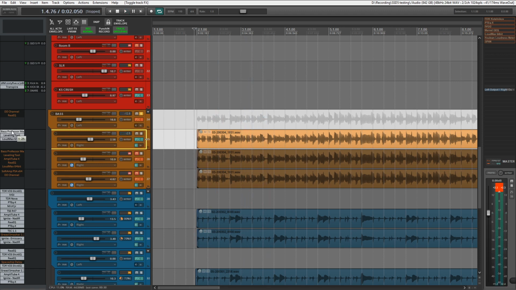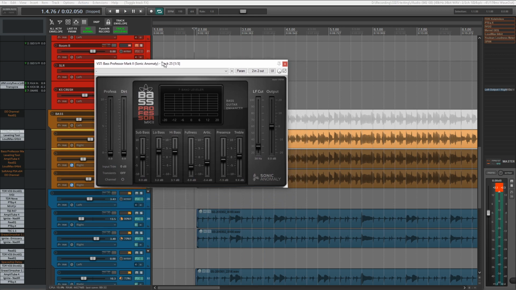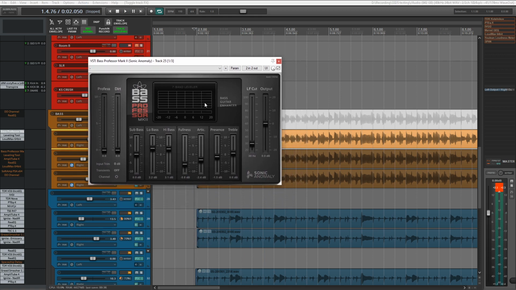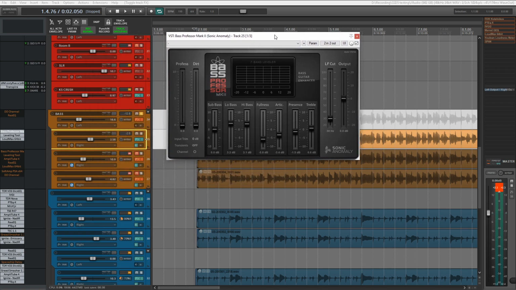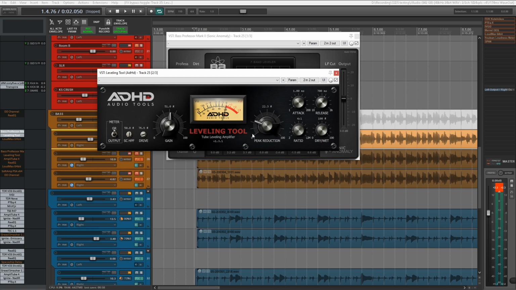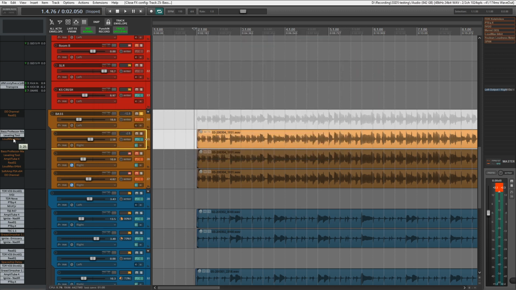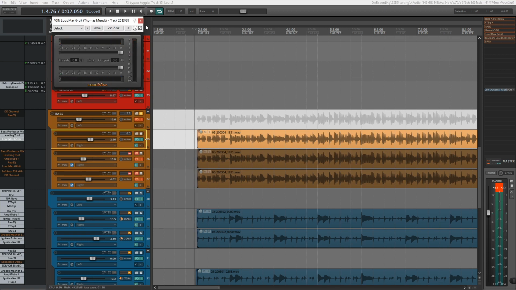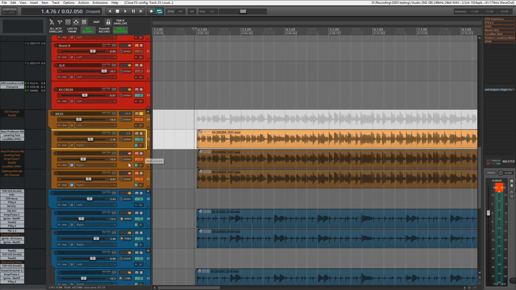I've added some Bass Professor, an amazing plugin that I only learned about a couple days ago. It's a bass guitar enhancer. It's like an amp and an EQ, everything. It sounds great. Let me just put only the Bass Professor. Sounds amazing. Leveling tool, LA2A emulation made by ADHD. Really good. It has more controls. It has attack and release, which the original LA2A doesn't have. And after that, I'm using the Loud Max just for some limiting. So that's it. Then the second track